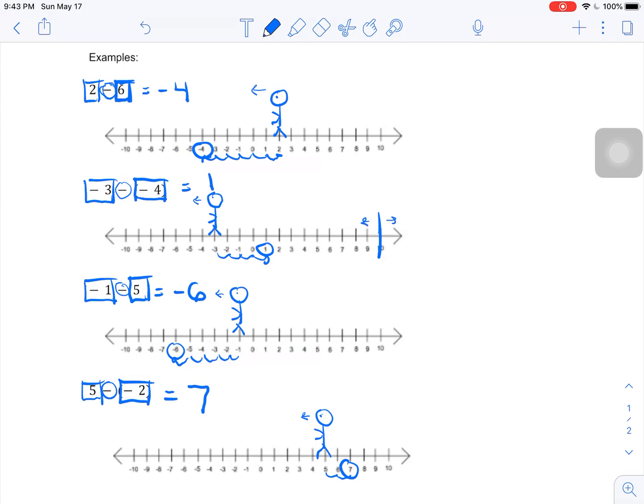You can do that, if you don't want to draw out the whole stick figure with their head and everything, with just an arrow to show which way you're facing. But make sure you're including that in your diagram for me so that I can see what you're doing, and also for yourself so that you don't get confused and forget which way you're facing. So what you're going to work on today is some